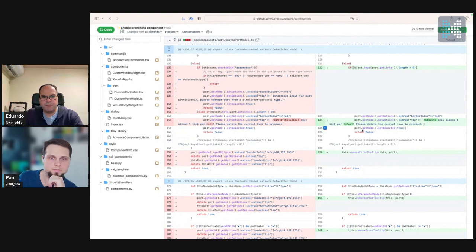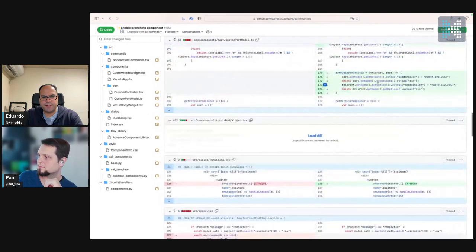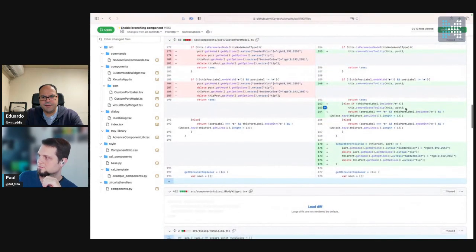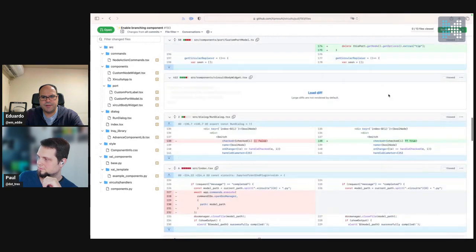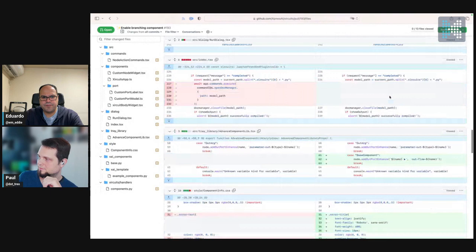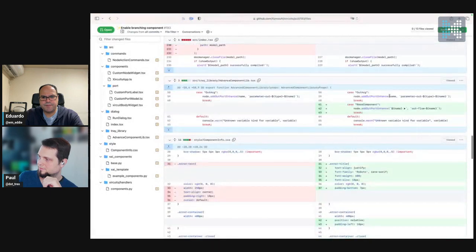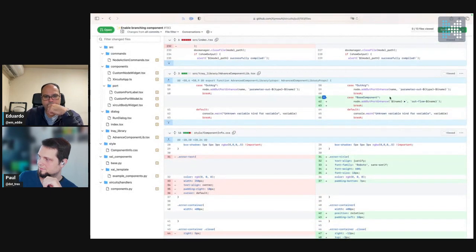One link per import. Okay, so that's just fixing that. And this looks okay. So if, for example, we can get the links. Then if it has a base component,